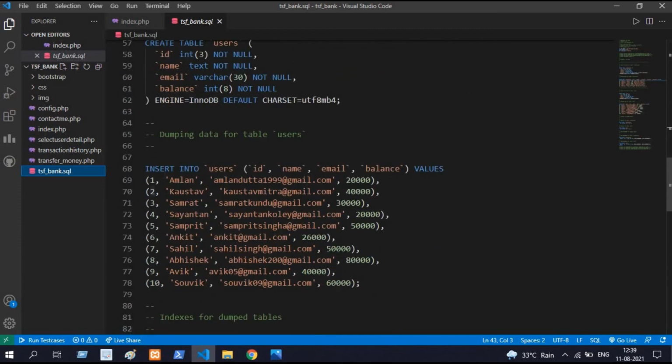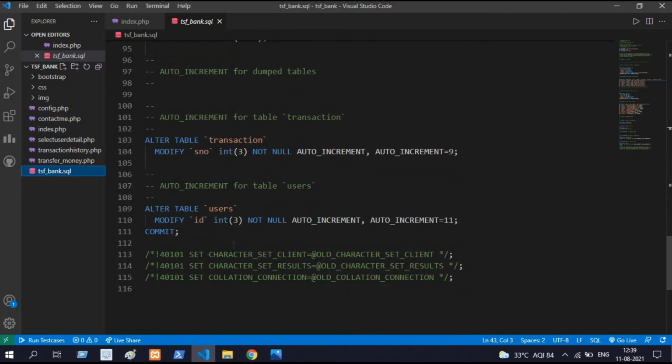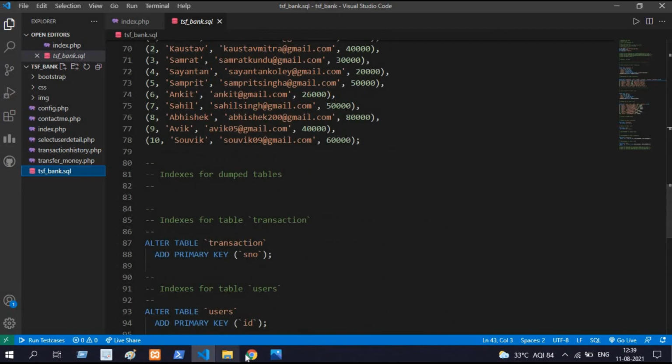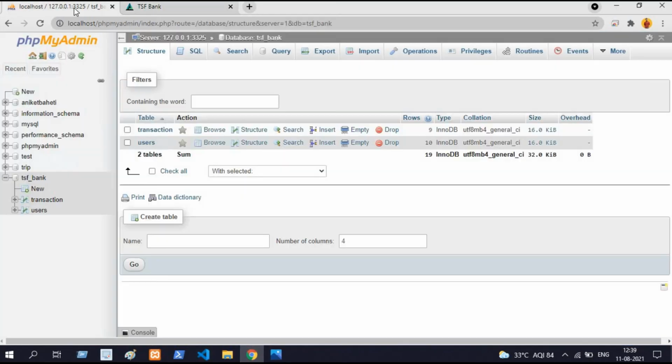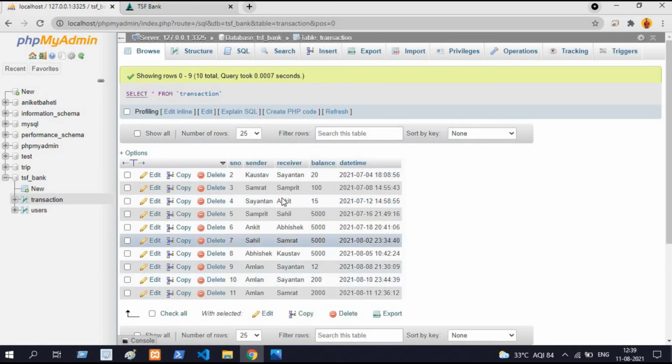That is the minimum 10 users mentioned by the Sparks Foundation, and these are the update commands for the transfer of money. I have hosted this PHP page on my localhost. Here it is TSF Bank, and two tables, transaction and users. You can see here this is the transaction table, and then comes the user table.